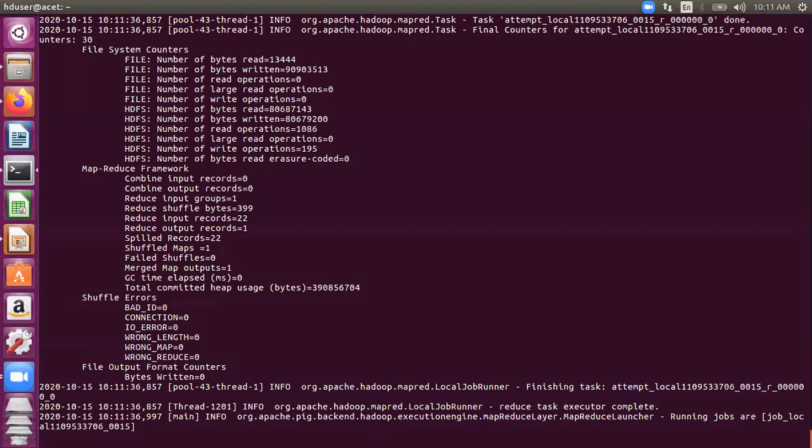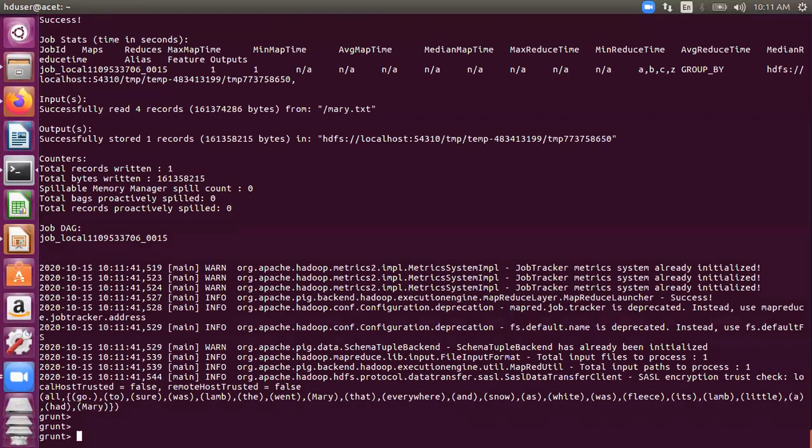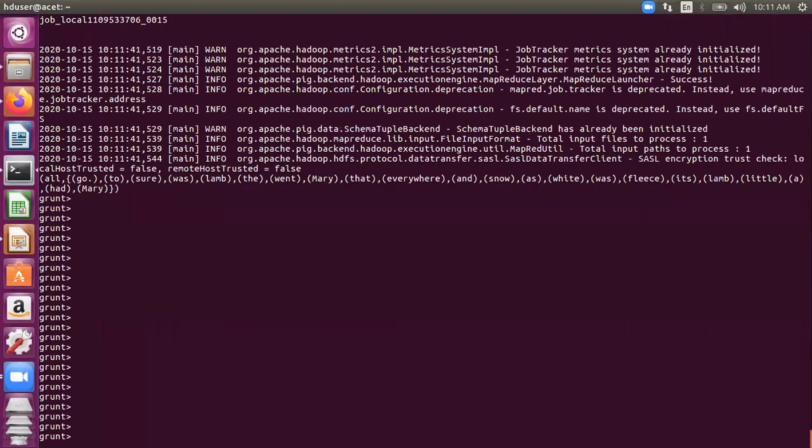Very interesting. See, when you group it on the entire relation, then you have "all" as the first value, and the entire set of values goes into a bag. You can see the words have gone into a bag. So from that bag, you can use a count function to count them. That's it. Do you understand, all of you?